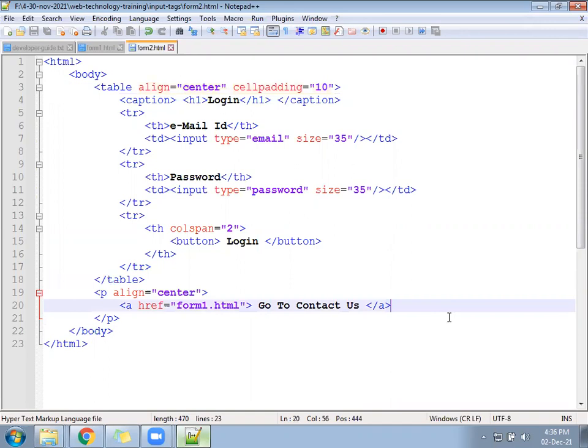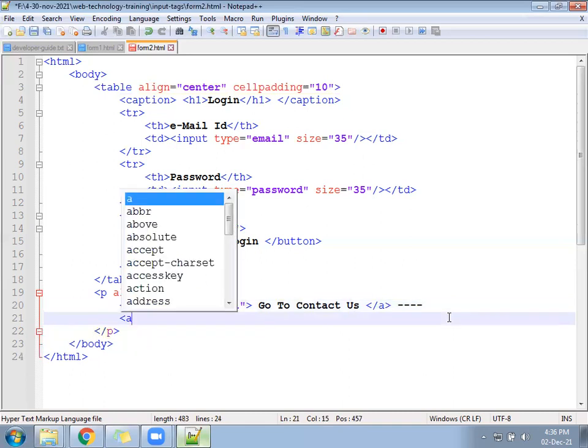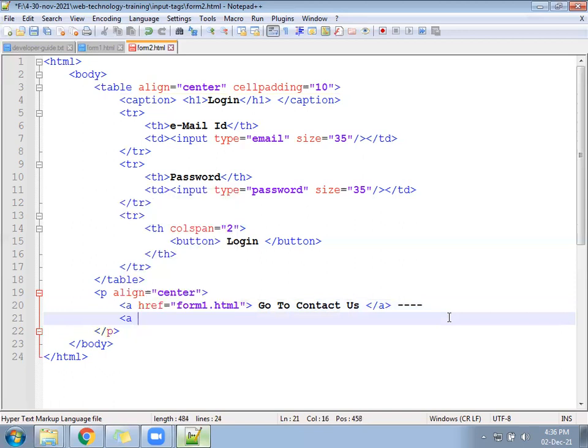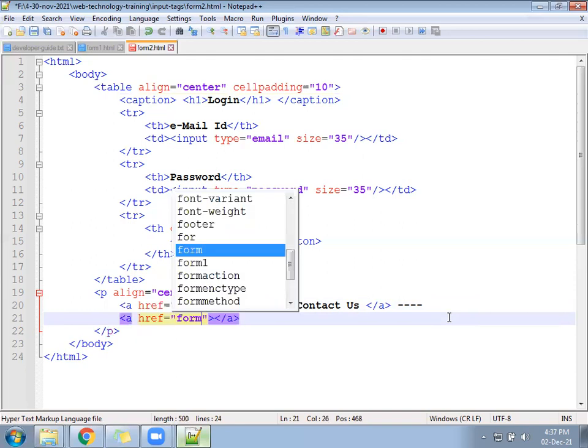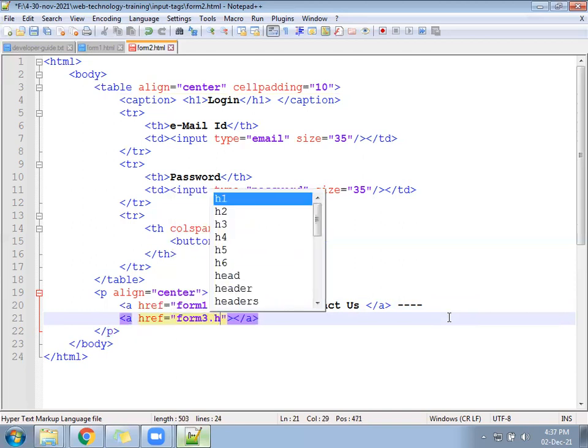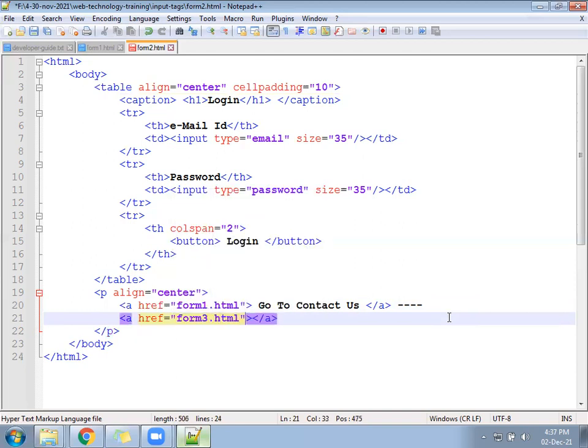Here we are going to add one more hyperlink, a href equal to form3.html. We can write here go to next.